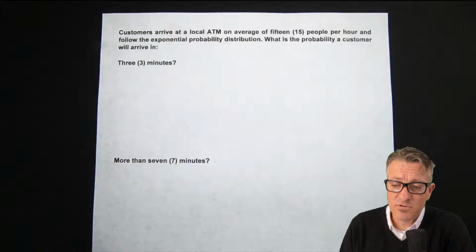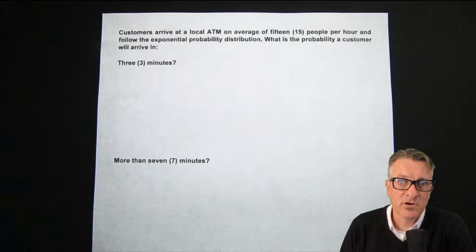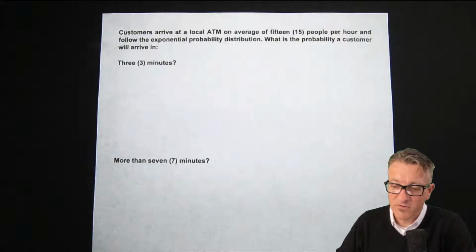And this example is the second of the examples that I've done. The first one had the same units, meaning the time period or the interval that we're looking for was in the same units as the lambda value. So go back and take a look at that video if you haven't seen it first, and if exponential probability distributions are tricky to you, or you just want to brush up on them before this one. Okay.